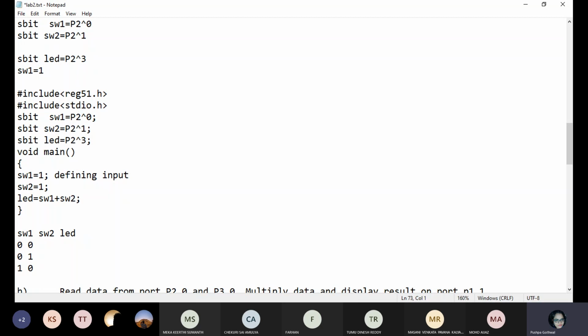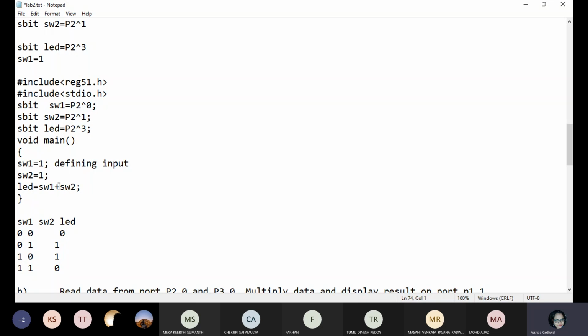0, ma'am. Yes, so this is 0. Okay, now if I am adding 0 plus 0, we are getting 0. If we are adding 0 plus 1, we are getting 1. If we are adding 1 plus 0, 1. 1 plus 1, what answer are we getting for addition? 0. Okay.